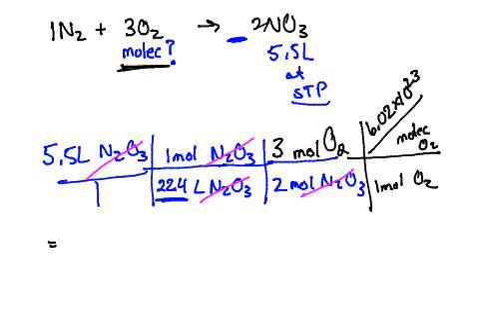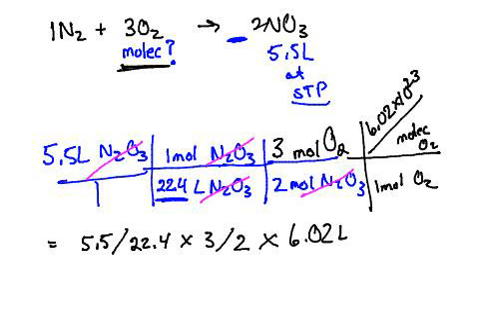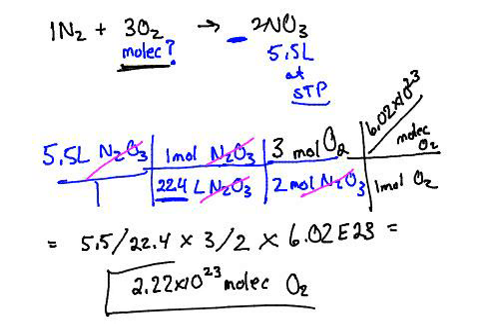So in my calculator, I'm going to type 5.5 divided by 22.4 times 3 divided by 2 times 6.02. Now don't forget, folks, you're going to push the EE button, 23. It's actually the EE button, but it's going to appear as E on the calculator, and you probably get quite a number. Now this calculator is giving me a very strange readout, but it's going to be 2.22 times 10 to the 23rd power. And that would be molecules of oxygen, no nakedness here. Calculator's being funny.